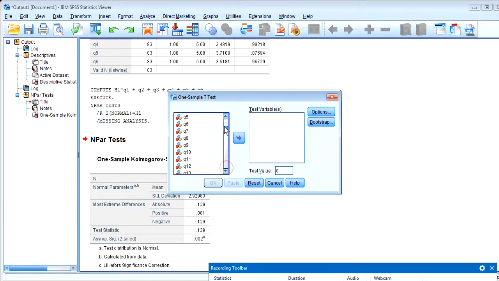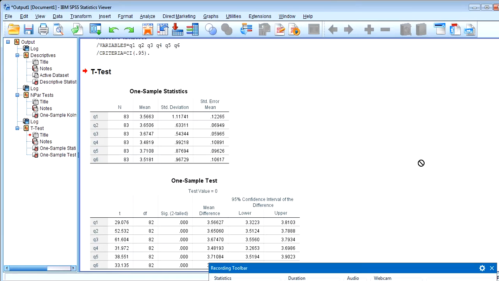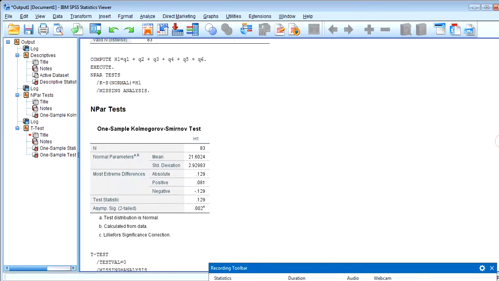As we have just considered, questions from 1 to 6 relate to our variable or our hypothesis, which postulates that there is a significant relationship between options contracts and diversification. Then we click OK, and here we can see